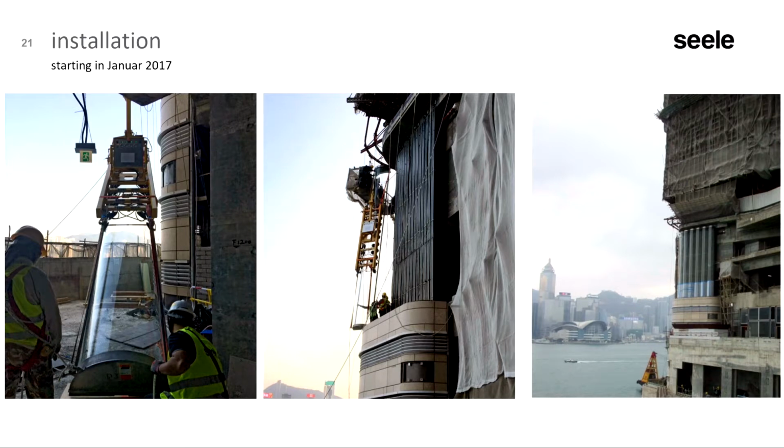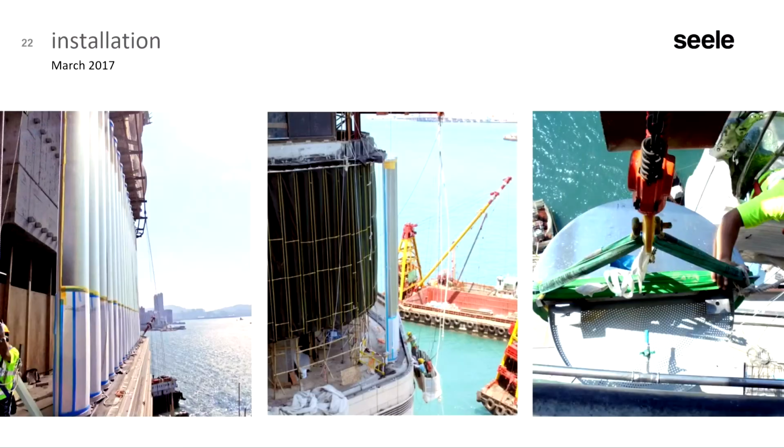There's basically a silicone profile between these tubes and also LED lighting. So the building owner can play with the light in the joints and illuminate the facade. We started the installation in January 2017. It took about a year to install most of the tubes, and another half year to do all the rest